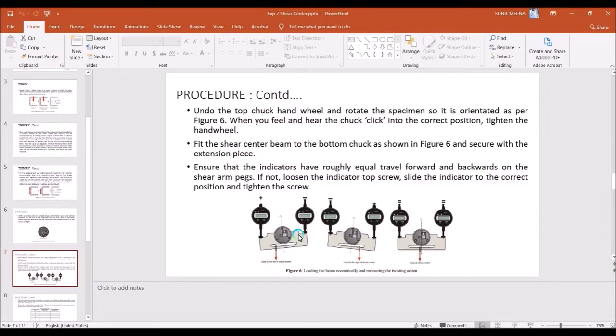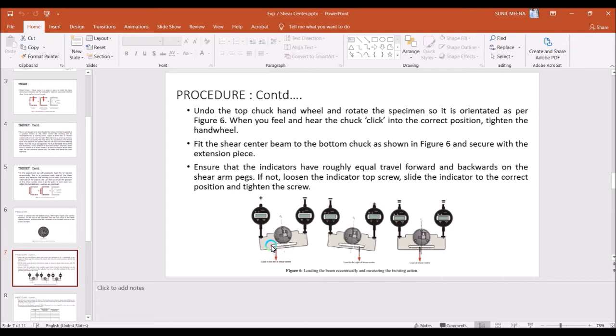We are using two dial gauges, the left dial gauge and the right dial gauge. After placing both dial gauges, we need to put the load on this strip. This is the steel strip on which we are going to apply the load. We start from minus 25 mm, measured from the center. From the center, this end point is minus 25 and this end point is plus 25.